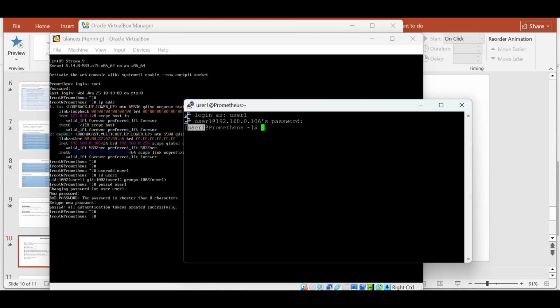By seeing this, you can also come to know which user you logged in as. If you see here, you have logged in as the root user in the console, but here in Putty you logged in as a normal user. There is another command to check which user you logged in as. That command is whoami. If you type this command and press enter, it will show which user you are currently logged in as. Why? Because sometimes this information will not show here. Only a dollar will blink. In that case, by using this command, you can easily come to know